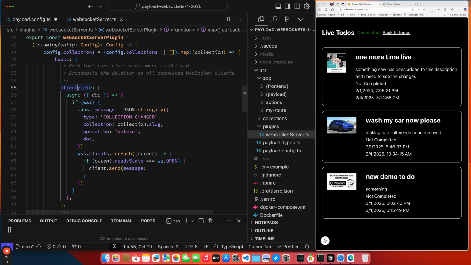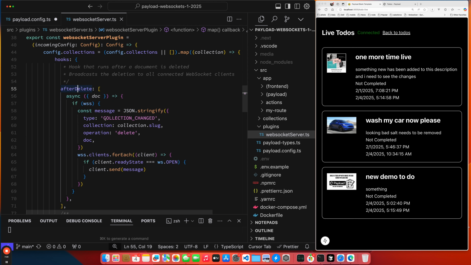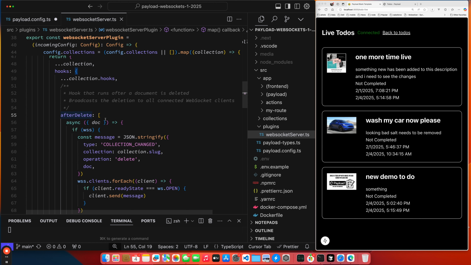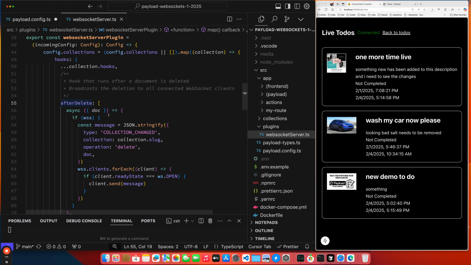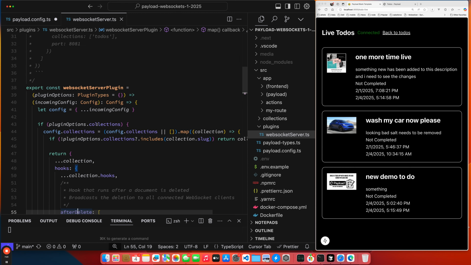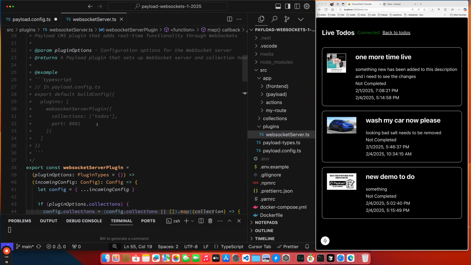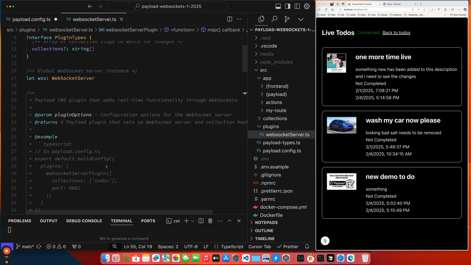us the delete message. So now if you look at the code, you can see that basically what this hook will do is it will connect onto the collection that was passed in a new hook for after delete. In the after delete, we get passed the document. If I have my instance of my WebSocket server that we initialized up here,